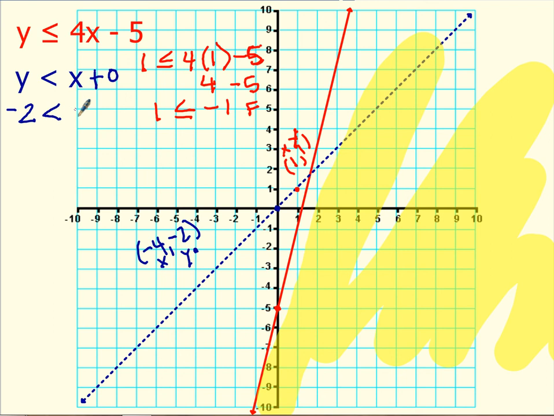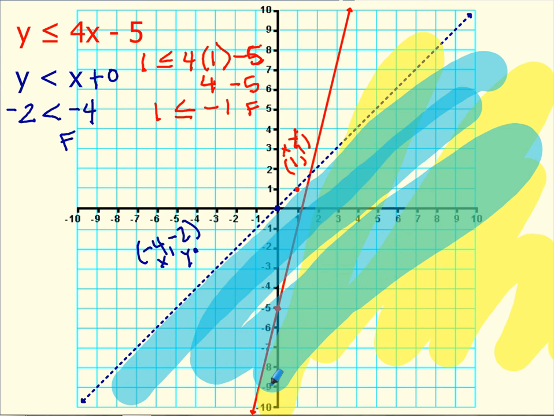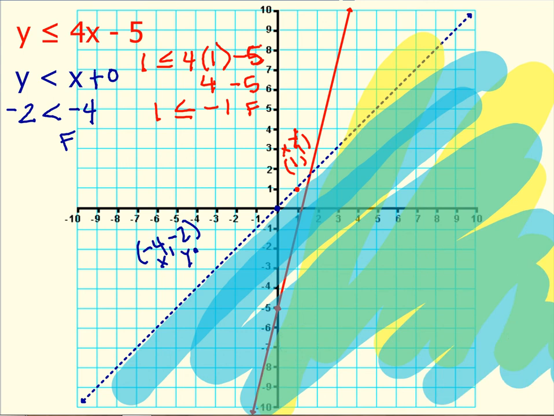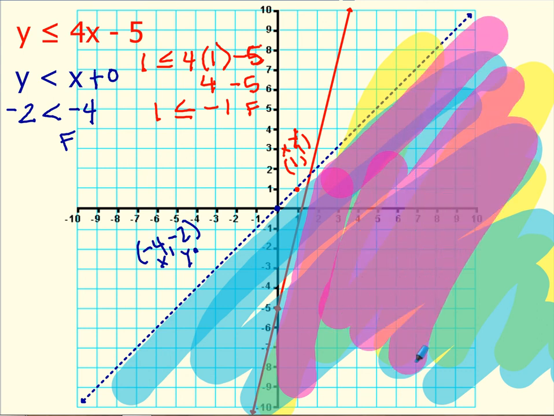-4 is X, -2 is Y. Let's try that out. -2 is less than -4. +0 won't do anything for me. Is -2 less than -4? This is also false. So I want to graph on the opposite side of that line. Not this side where my point is, but over here. And now, because this is a system, I want to look for where the two shadings meet. The two shadings actually meet in this area, everything from here over. So all of this